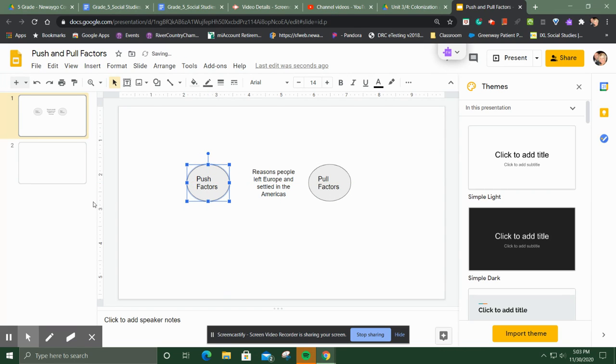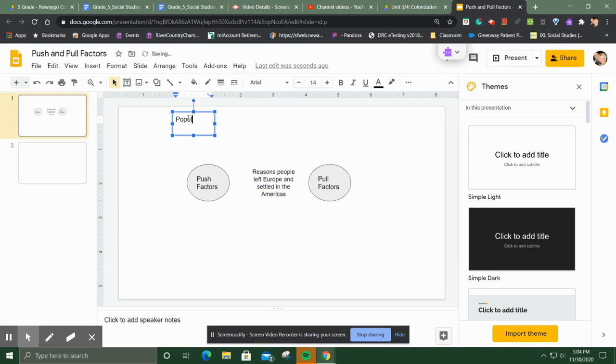All right, so let's focus on push factors. Again, push factors are the factors that cause people to leave a country. What is pushing them out of that country? Why do they want to leave? So back in the colonial times, people that lived in Europe wanted to leave Europe for several reasons. I'm going to focus on the top 4. Okay, so the first one is